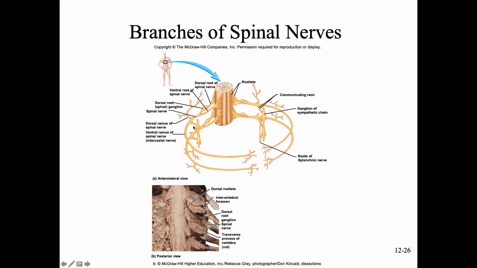The second neuron has its cell body in what we call the sympathetic ganglia. Notice that these are bumpy, right? Why are these bumpy? Just like the dorsal root, anytime you see the bump, there's a cell body here. So in the sympathetic ganglia, it's bumpy because it's got cell bodies that we can activate. Then these cell bodies in the sympathetic ganglia get activated, and then it has an axon that goes